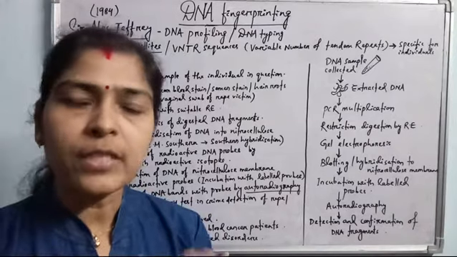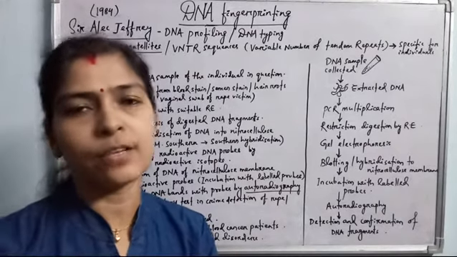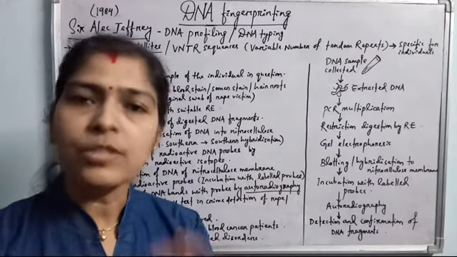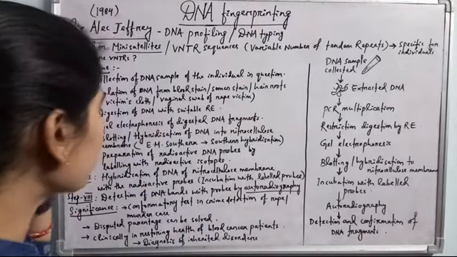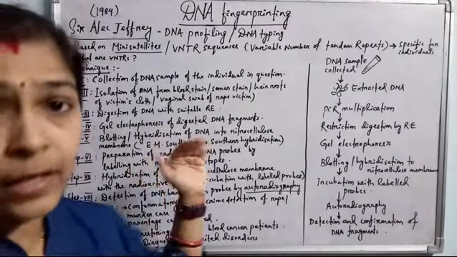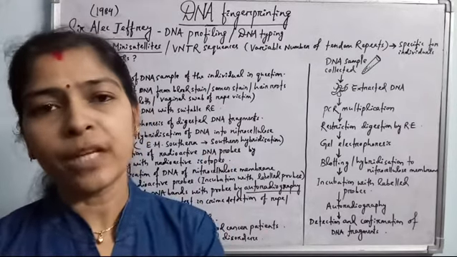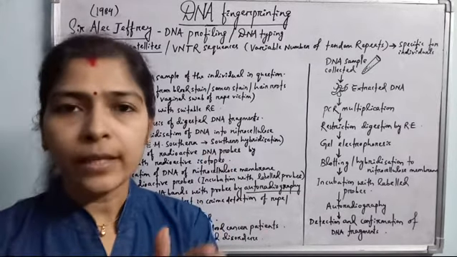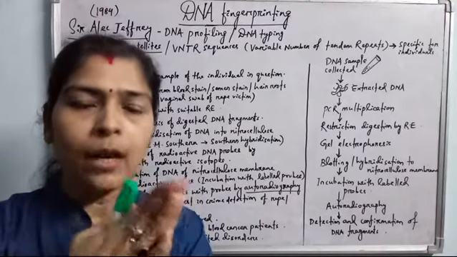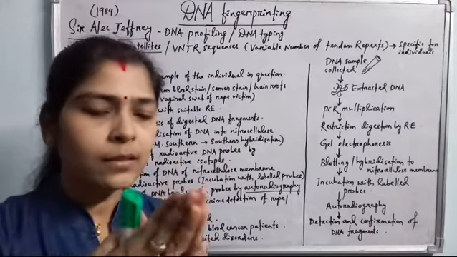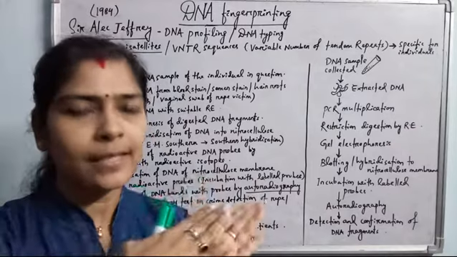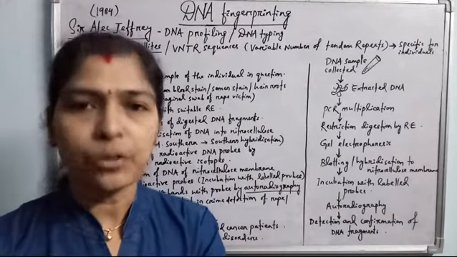are first linearized. The double stranded DNA is treated with ethanol to become single stranded. And these single stranded DNA present in the agarose gel are transferred onto a nitrocellulose membrane. The nitrocellulose membrane is positively charged, and when it is attached to the agarose gel, the DNA, as it is negatively charged, gets attached to the nylon membrane or nitrocellulose membrane.